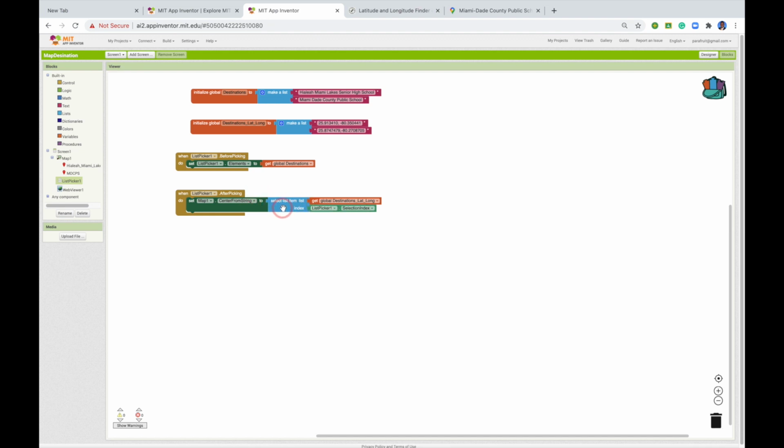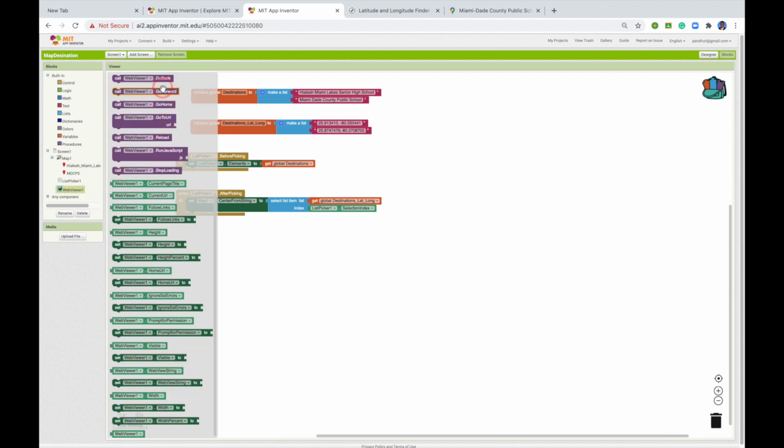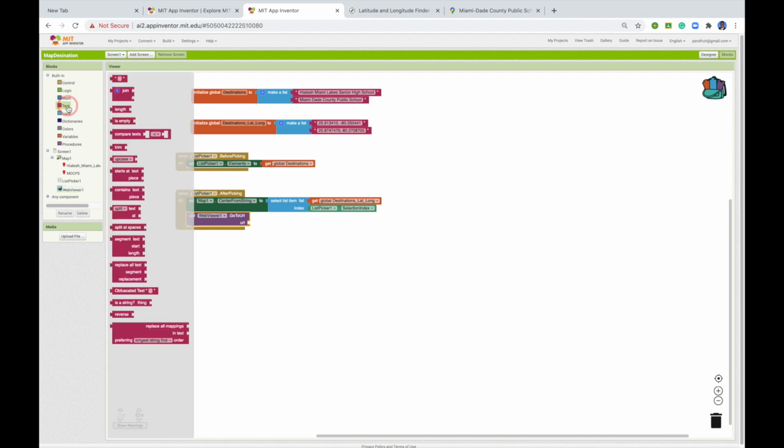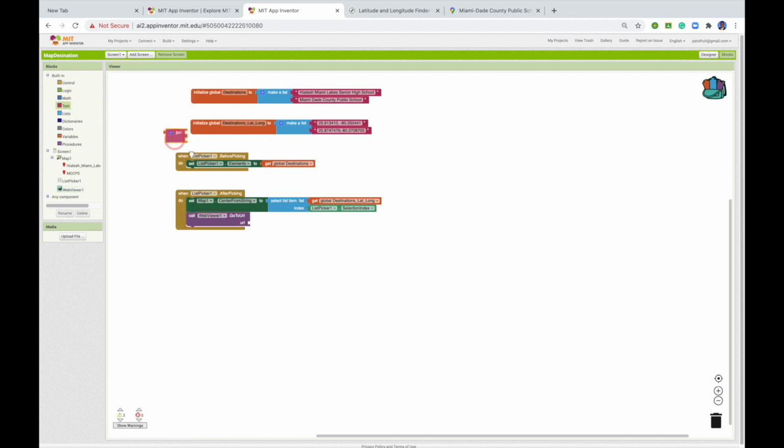So once you do that, the next thing we want to do is call. Let's go right here and get the web viewer. We want to get the URL. So we want this. Now remember, code is steps that are performed in sequence. Okay, you got this step that's been situated, and now we move to the next step. So now we want to click on the text, and we want to use a join, because now we want to join